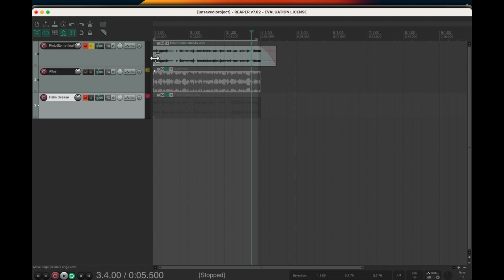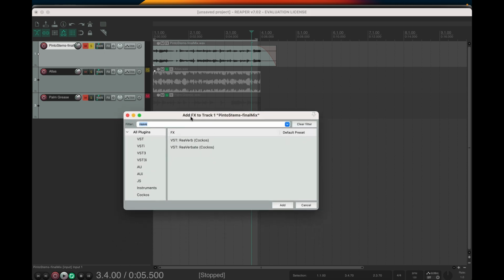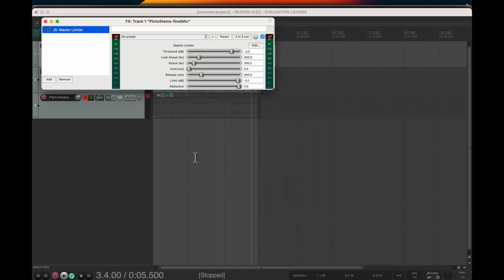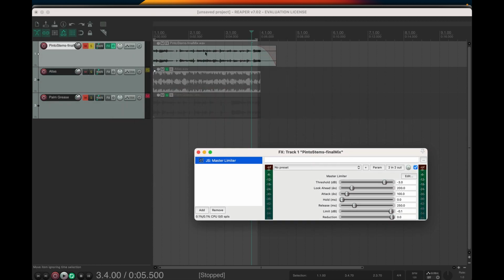Okay, so now that I've got my master in here and I've got my reference tracks as well, I can add some effects. Just like with mixing, Reaper has a bunch of effects that are standard for the mastering process. The one that is mandatory is a limiter. The master limiter is what we're going to use. The point of the limiter is to get the loudness of our track relatively the same as